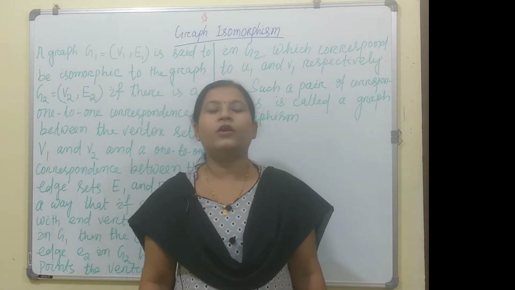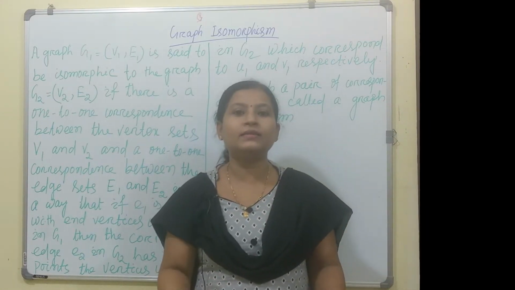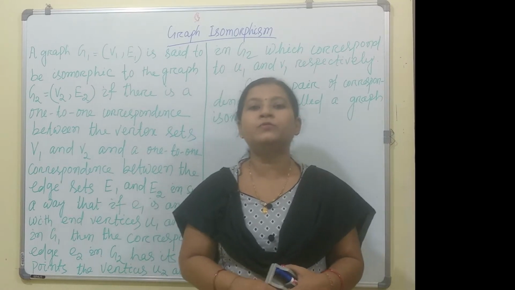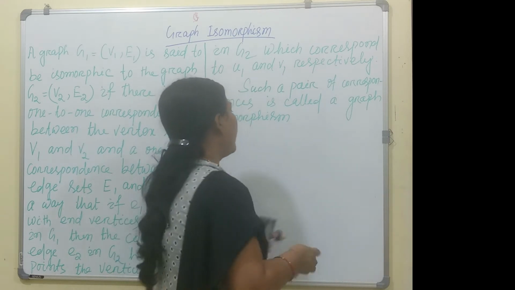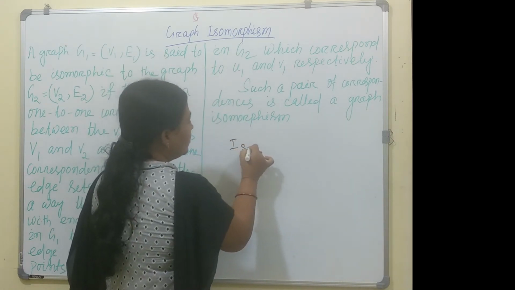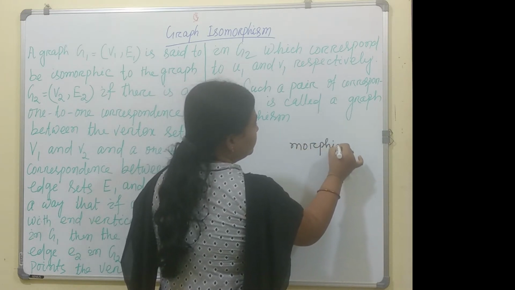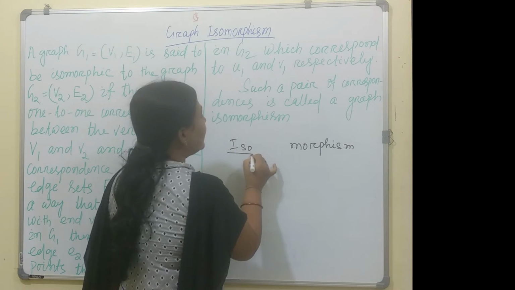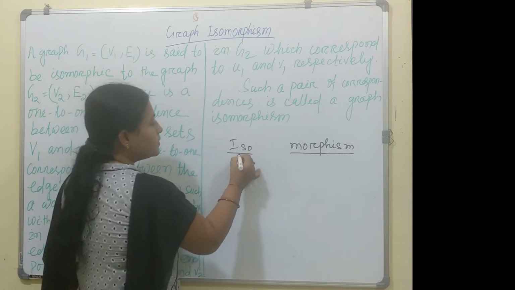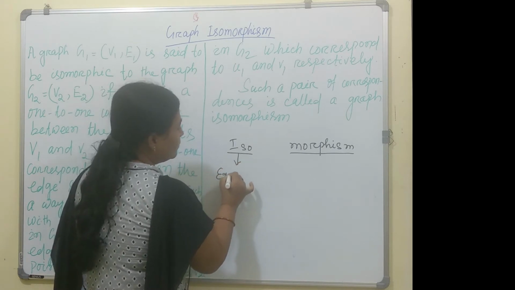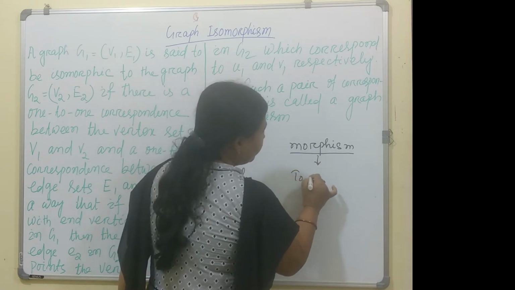Hello everyone. Today we will discuss graph isomorphism. So what is isomorphism? Isomorphism is a Greek word and is derived from two words. One is iso, the other is morphism. So what is iso and what is morphism? Iso means equal and morphism means to save